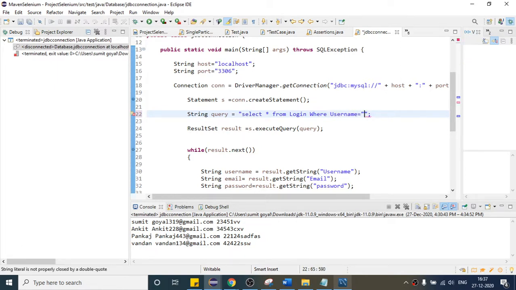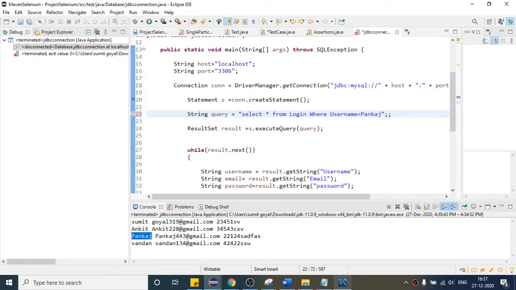Where username is, if I say this is our username, I want to get the data of only that person who has this username. So let us see whether we are getting this data only or not. It is throwing an error, so let me put one more. Okay, so it is a string. Here username equals to like this, right? So this is our query.